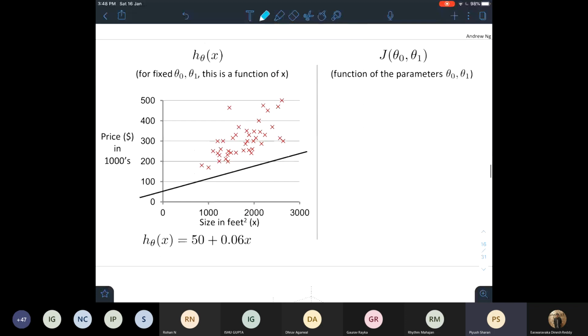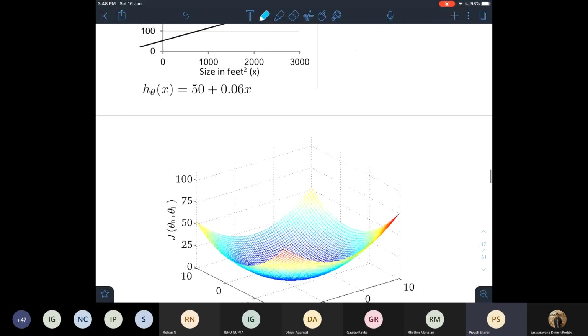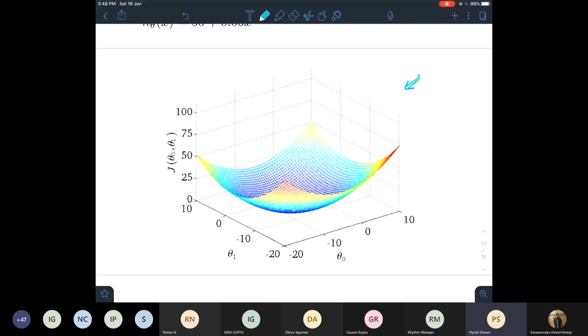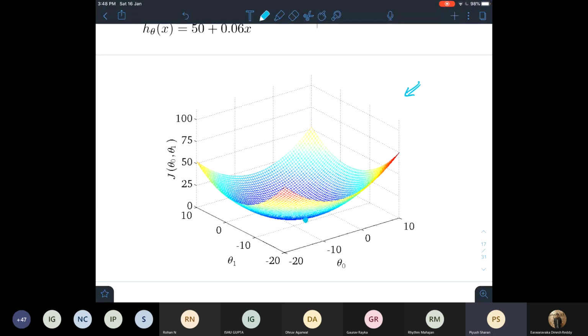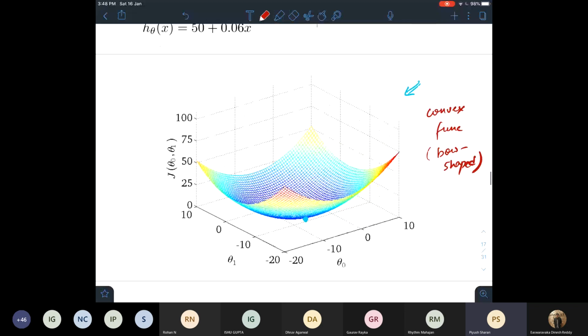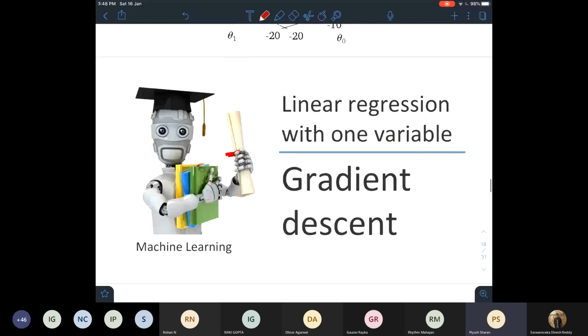Similarly, when we are trying to find it for theta naught and theta 1, it is a bit difficult to show because it is a 3D picture, but this too will have only one minima right over here, as you can see. This sort of function is called a convex function, or a bow shaped function. This is why the cost function we chose is a very selective value, and we use it generally when we need a convex function.